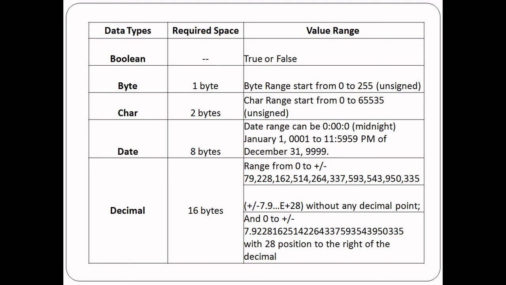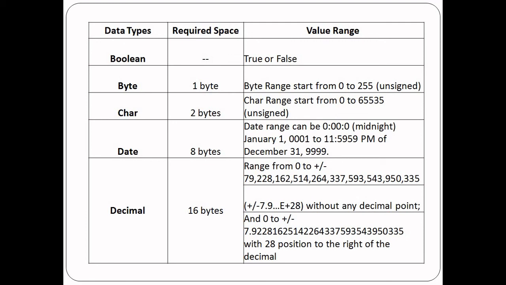Value range we have is the possible answers we can have with Boolean. Boolean can have only 2 answers, one of those 2 answers, it can either be true or it can be false. For example, if I write if 10 is greater than 5, because 10 is greater than 5, using Boolean data type, the answer will be yes. And if I mention if 5 is greater than 10, as it is incorrect, the answer would be false. So Boolean is a data type which either can store true or it can store false.